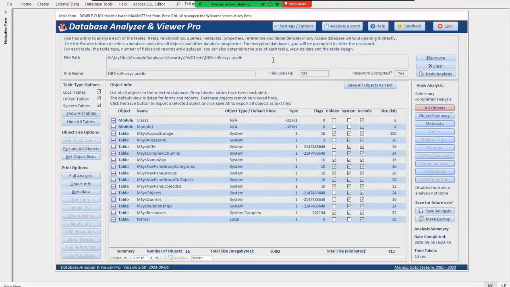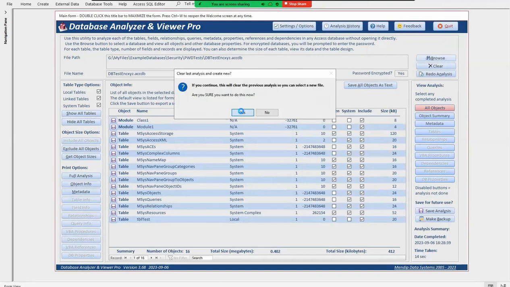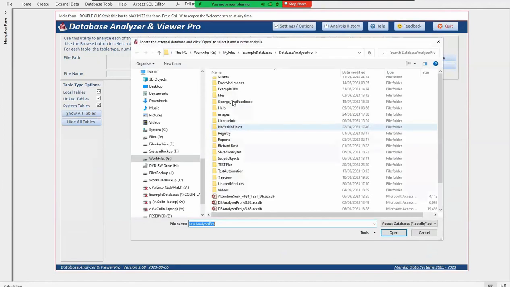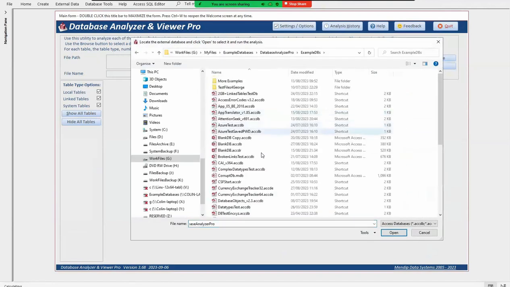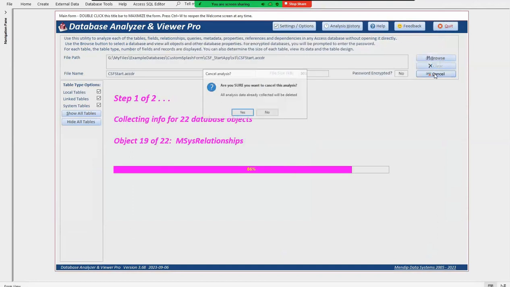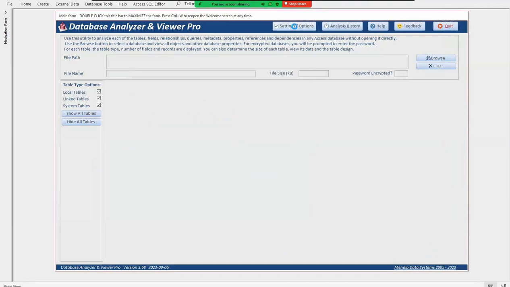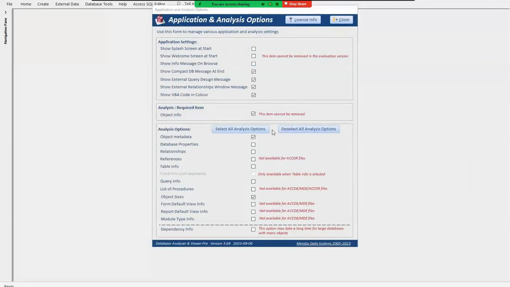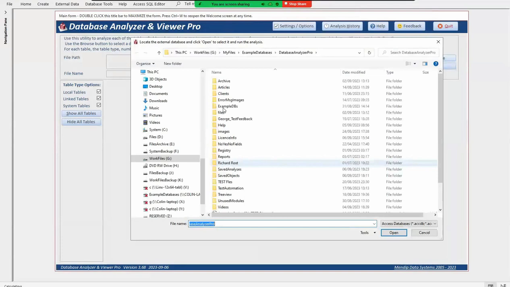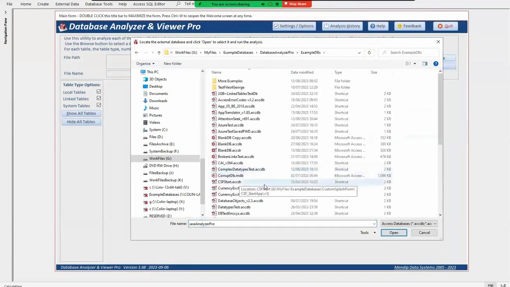Let's show you a different one now, and that is one that is a runtime file. And the reason I want to do that is because runtime files, there are a couple of things that you cannot actually get because of the nature of that file. So we've got a blank DB there, which is a runtime file, or we've got this one here. And I'm going to cancel that because I meant to turn all the options back on again. So if we now select them all again, select that same database, this ACCDR file,